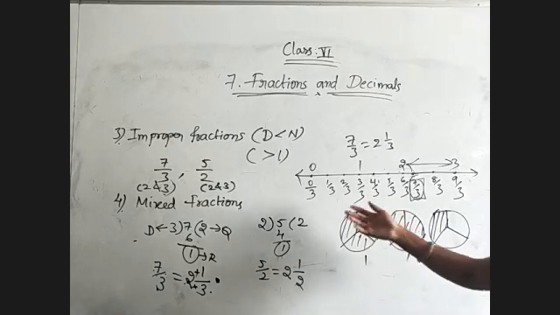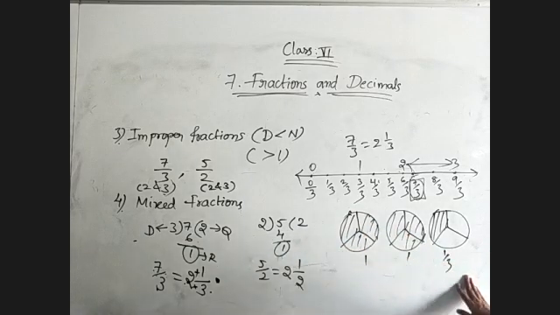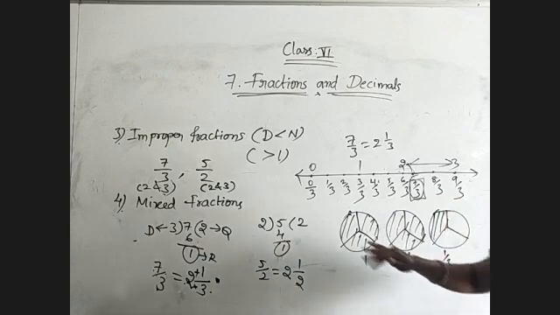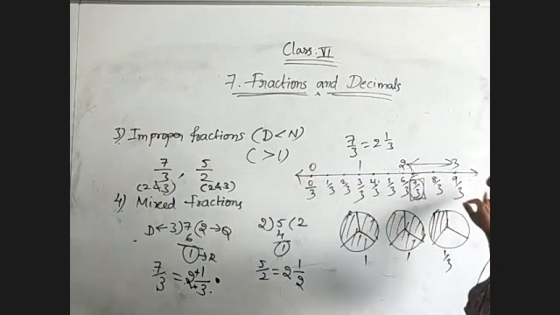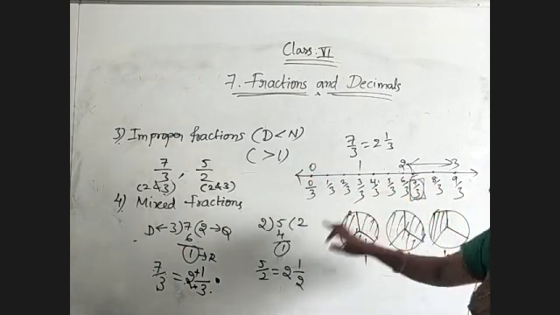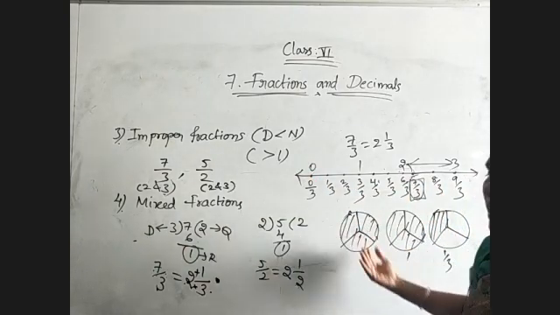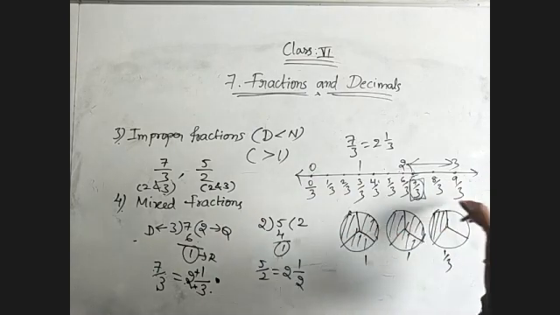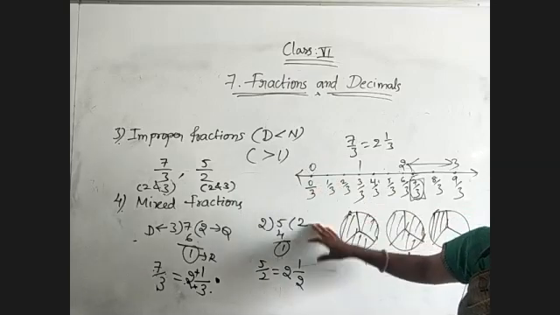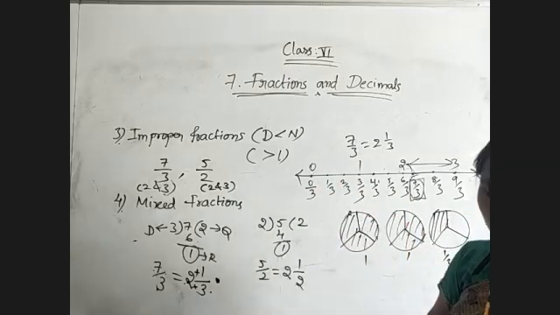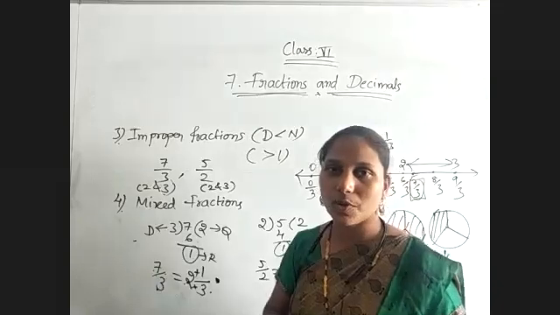In case of mixed fractions, directly we will represent by using pictures. Coming to number line, when improper fractions are given, directly we will represent them on the number line. If mixed fractions are given, convert them into improper, then represent them on the number line. And always improper fractions and mixed fractions lie more than 1. And proper fractions, unit fractions lie between 0 and 1.